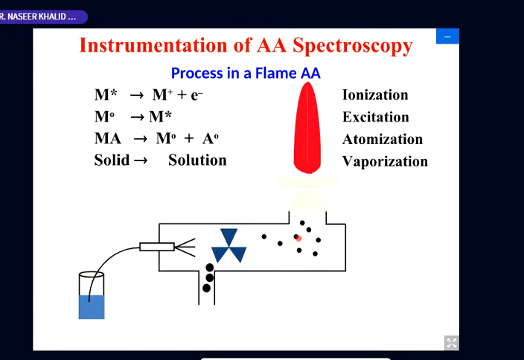Now, when these fine particles are reaching into this flame, there are so many processes we have already discussed in words. Now we are going to explain it in this flame. Okay. Now, the final particle they are passing through. The larger particles will remain here and go to waste. Okay. Now, these particles which are containing our analyte, in the form of fine mist, in the form of aerosol, they are reaching the flame.